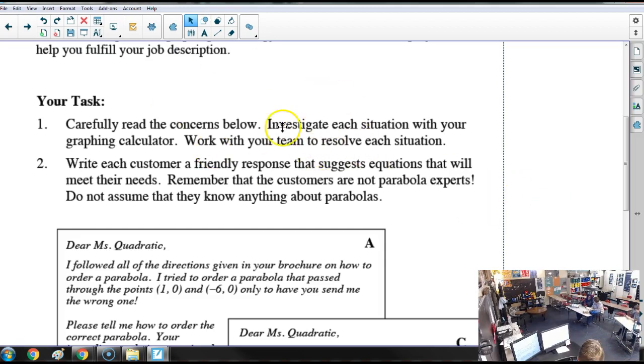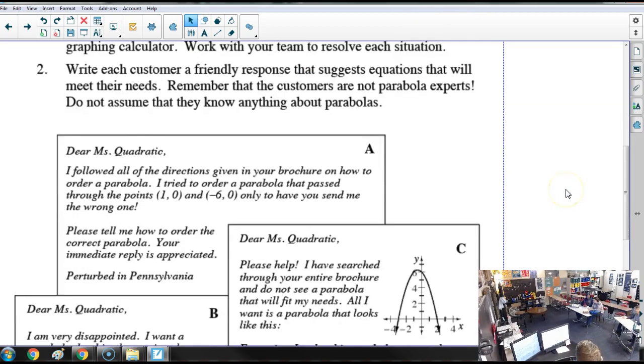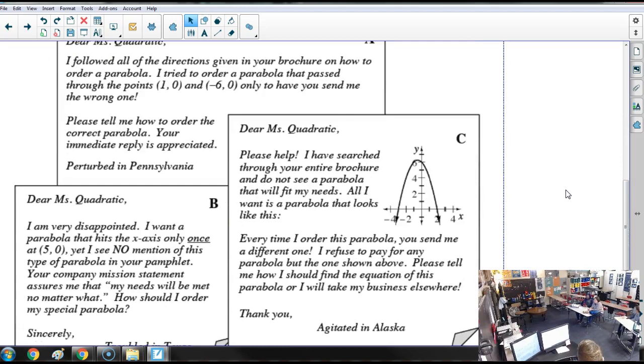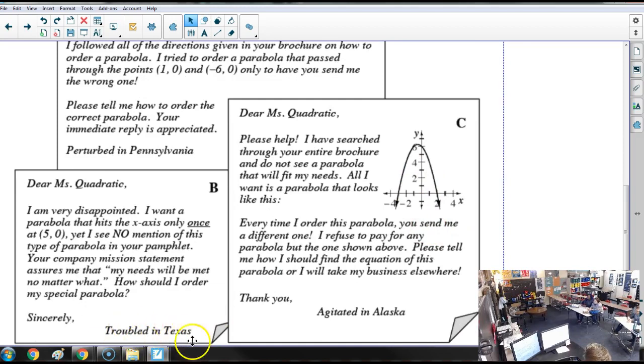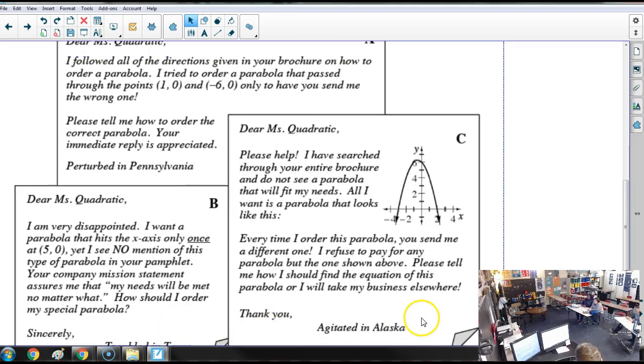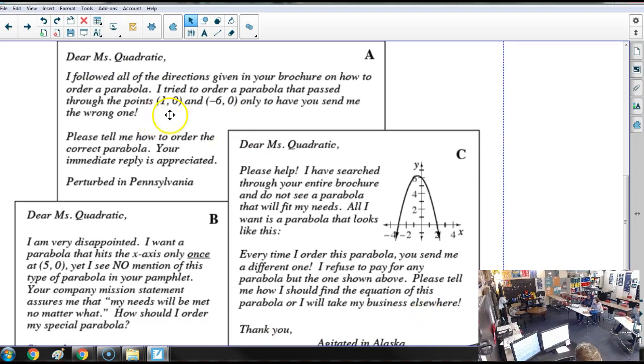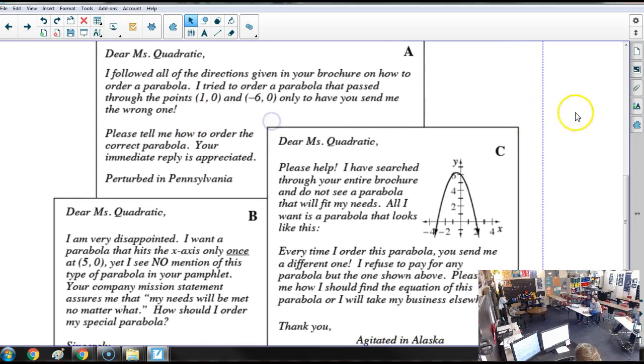Alright, so work with your team. To get you out of here to lunch really on time, we have at least 15 minutes. I want to not talk, because I feel like I do a lot in our class, and I want to make sure that you guys are learning all this. You're not going to be able to see these funny names. Troubled in Texas, agitated in Alaska, whatever. I'm scrolling up so you can see all these. What would Ohio be? Work through A.